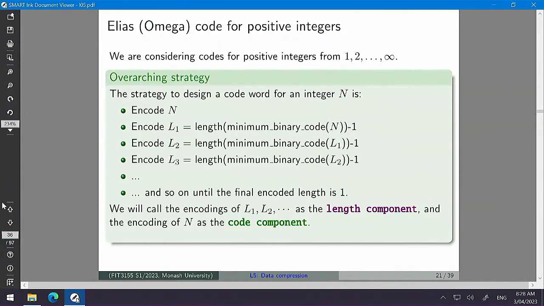0, 0, 1, 1, 0, 0, 0, 1, 1, 0, 0, 0, 1. Okay? And that is a variable length code. And one of the things I want you to think about is why is this prefix free? Okay? Think about why this is prefix free. It's an exercise for you to think about. All right. So